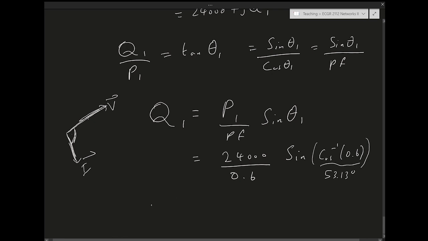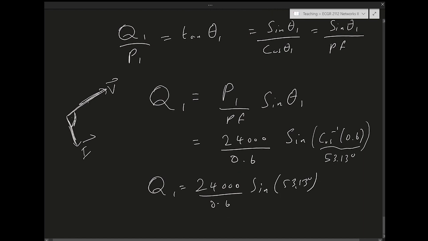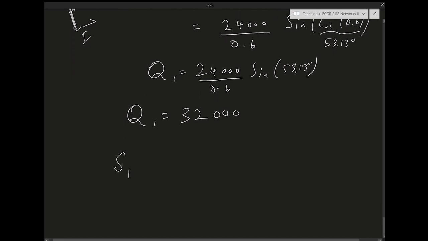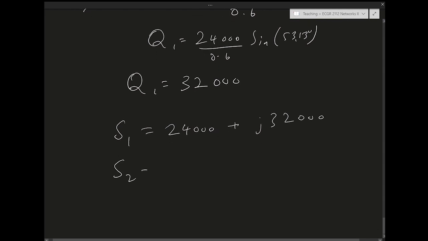If we do this calculation, we end up with Q1 being 24,000 over 0.6 times sine 53.13 degrees. So Q1 equals 32,000. So now we can write S1 completely. S1 is 24,000, which is the real power, plus J 32,000, which is the reactive power. Okay, and then S2 is given as 10 kilowatts, 10,000, but it's a unity power factor, meaning there is no